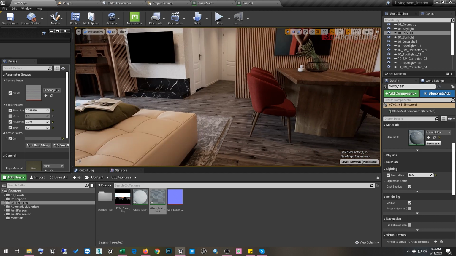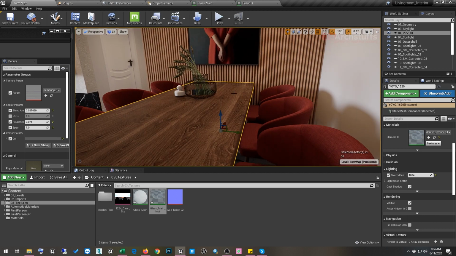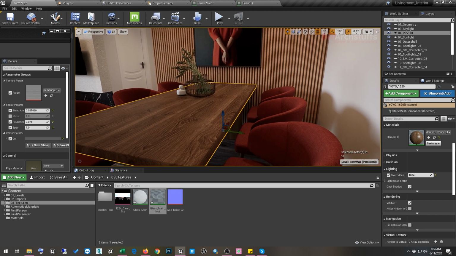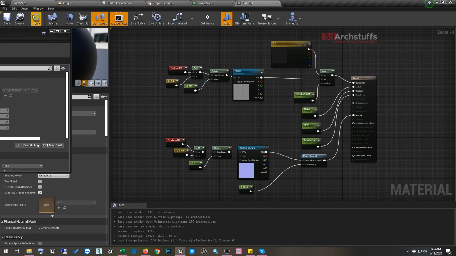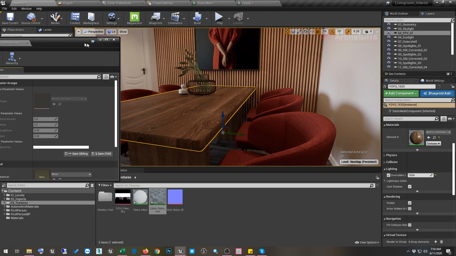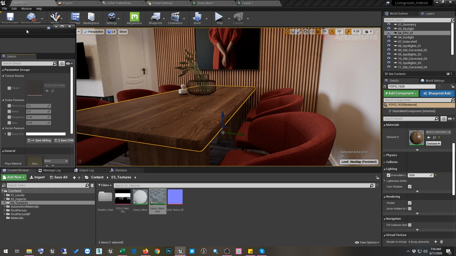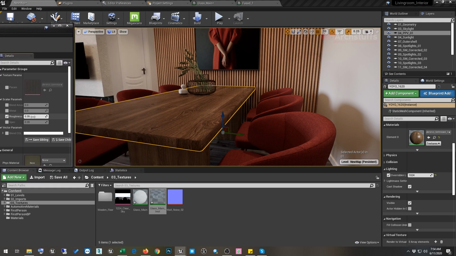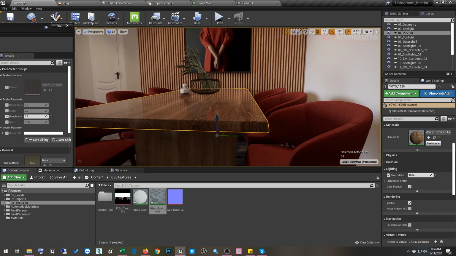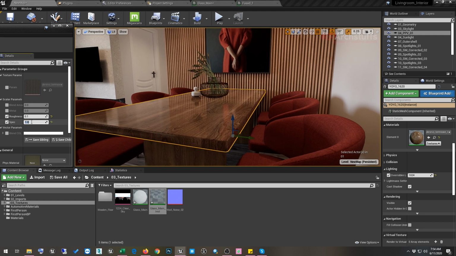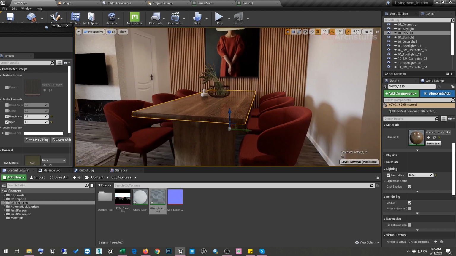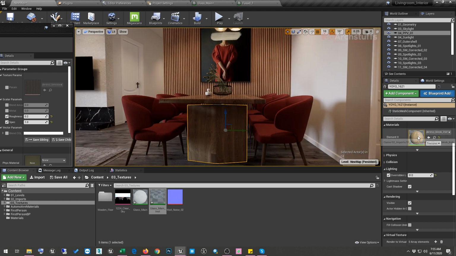So after this, we'll go ahead and tweak a little bit of reflection on all the objects. This object has a little bit less reflection, so we'll double click it and do it like here. And if you want, you can make it more reflective here. You see how accurate this reflection is now. And I will make this specular 1 and roughness maybe 0.2. Yeah, this 0.2 is looking perfect, and you just have to do similar on all the materials.